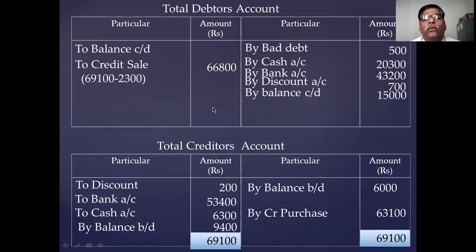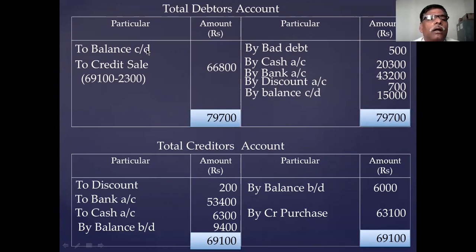Now you can write the opening balance. The opening balance of the debtors is found by taking the total of the credit side; then the difference is 12,900. 12,900 is the opening balance, and this 12,900 goes to the opening statement of affairs. Whatever amounts are incomplete, you record in the opening statement of affairs. Cash book is completed, debtors account completed. Now go to the opening statement of affairs.